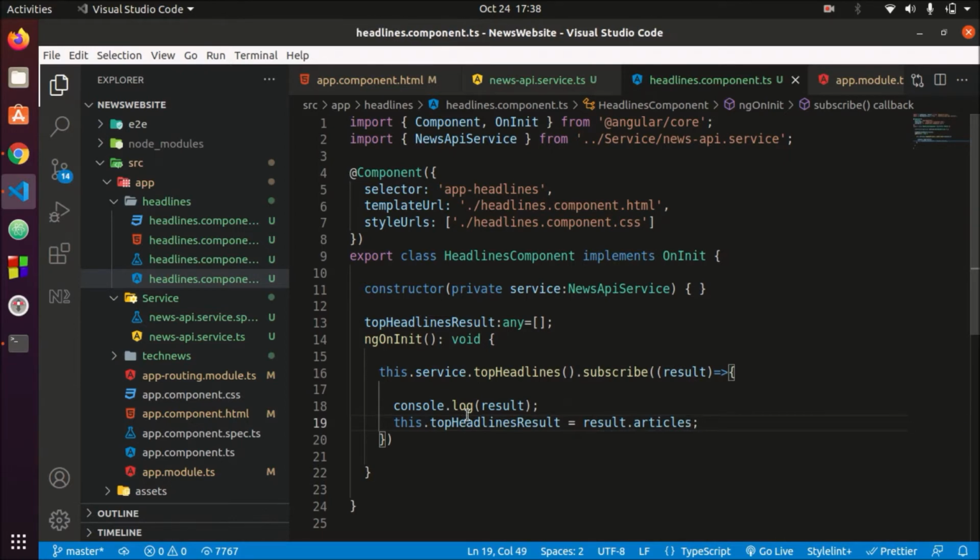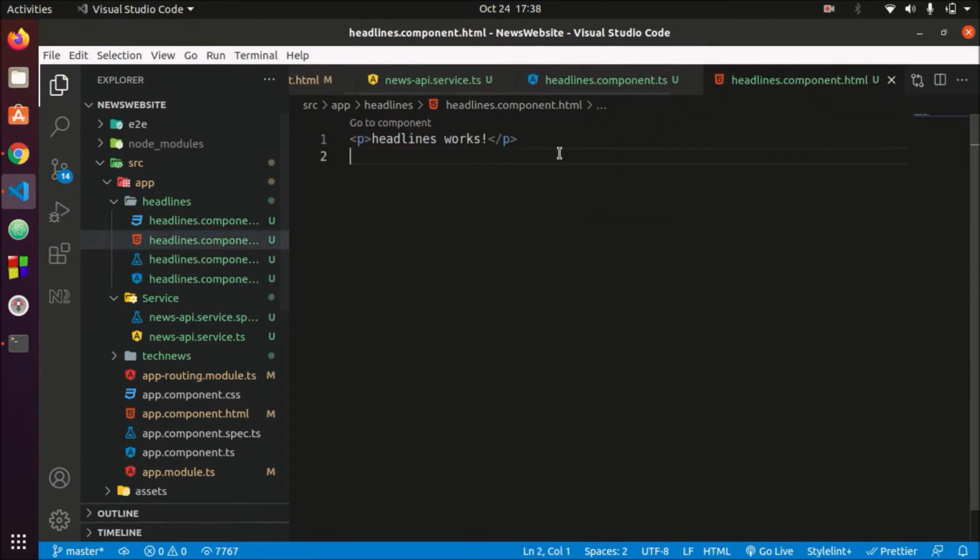So we have done with our TypeScript file. Now let's get to the actual output where we will be showing the outputs.